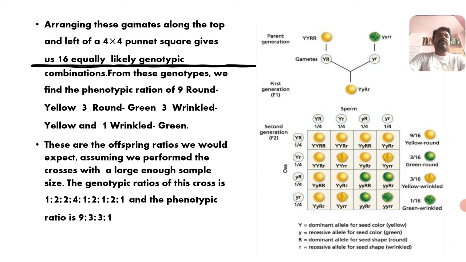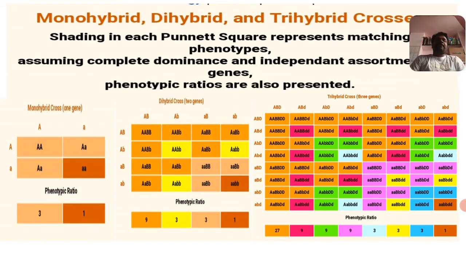The phenotypic ratio is 9 is to 3 is to 3 is to 1. This is the dihybrid cross of Mendelian heredity. And this is very important from the examination point of view. In examinations, not only are questions asked as a theoretical part, some of the questions also occur in the form of problems. So for clearing problems, whether it is a monohybrid, dihybrid or a trihybrid cross also.